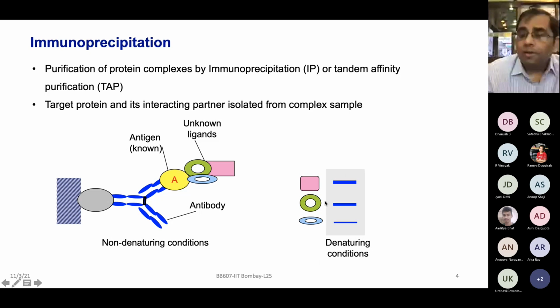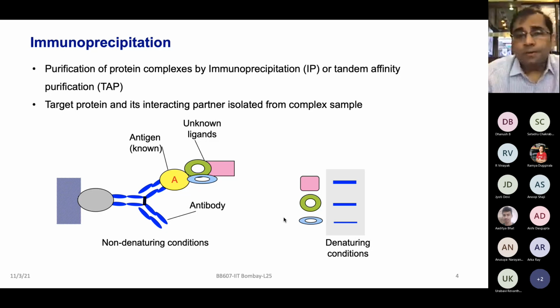And now the blue one, green one, and pink one, they're all separated. You can now excise these bands and identify what these proteins are using a mass spectrometer. Again, you have to come back to mass spec to identify the protein. The only caveat here is that you may not know which among the three were direct interactors and which ones were indirect interactors. That is something which you will not be able to clarify from this experiment.